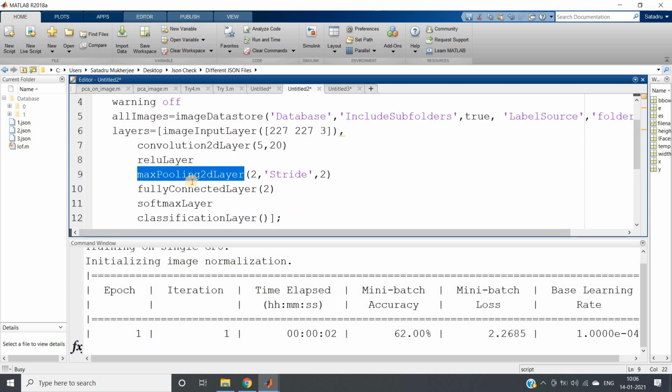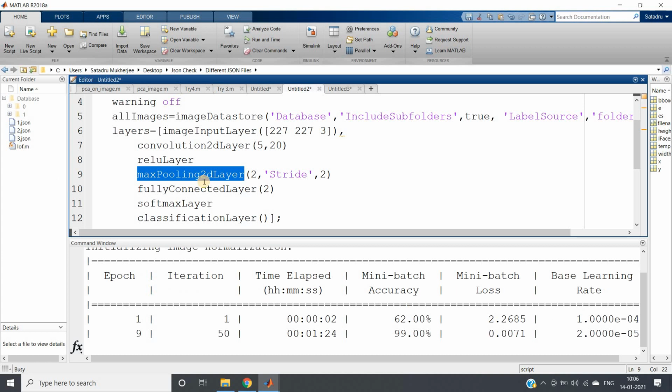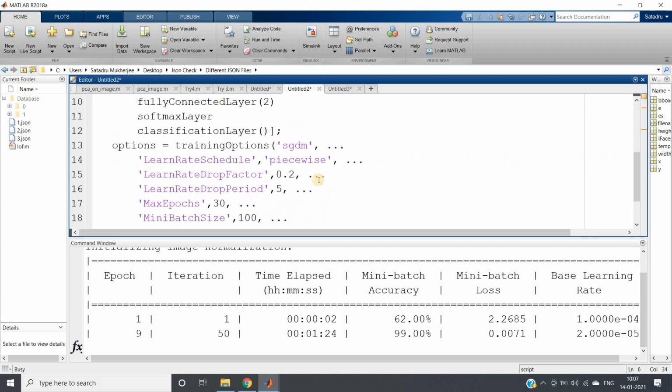What is max pooling? In each region, it will take the maximum value as representative. Similarly, minimum pooling is available, median pooling is available, average or mean pooling is available, right? Here I am using the ReLU layer. There are several other activation functions also, and apart from that, the sigmoid function is very popular, which we have used for our logistic regression purpose. So all these things you can explore here.